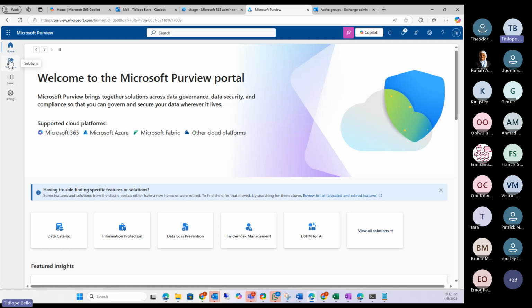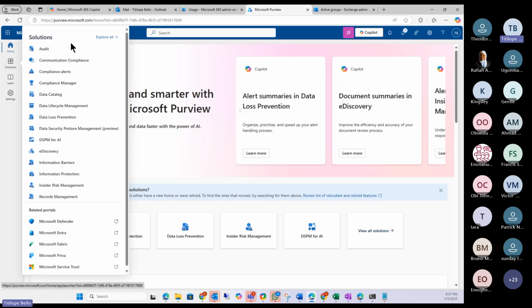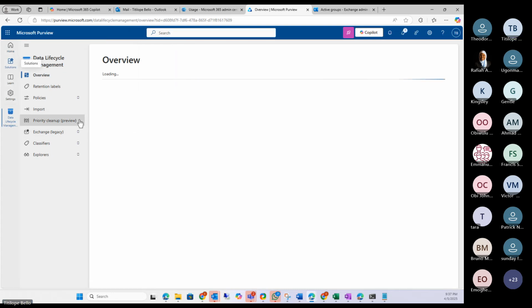Now I'm going to go to Solutions. And under the solutions, we have Data Lifecycle Management. So I'm going to click that. This is where you manage archiving and then retention policy. I don't know why it's taking some time, but